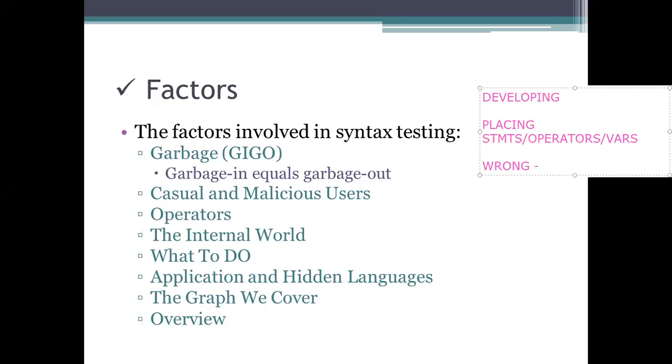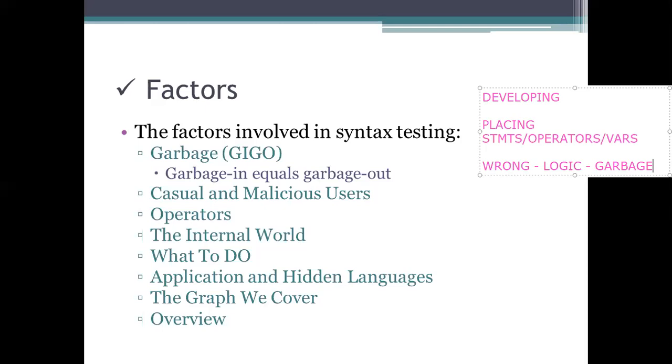Wrong way means wrong inputs are given, not only wrong inputs, but you are placing the statements, operators, variables, and the logic you use for processing wrongly. What it indicates is we are getting garbage inside. Garbage means which is not relevant for your programming.